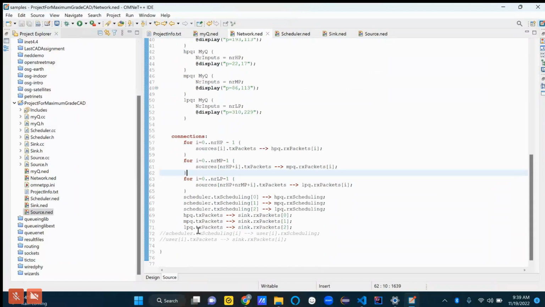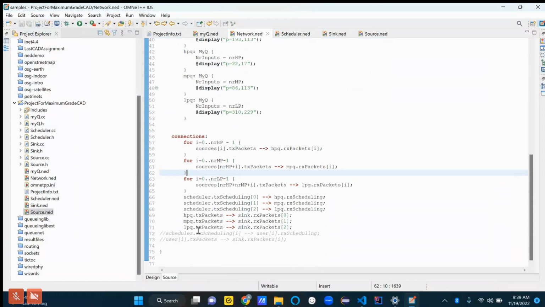And so basically what we're doing is defining connections from each one of these sources with index i, where i goes from 0 to number of high priority users minus 1, of course, always doing the usual goofiness since we start at the 0 index.